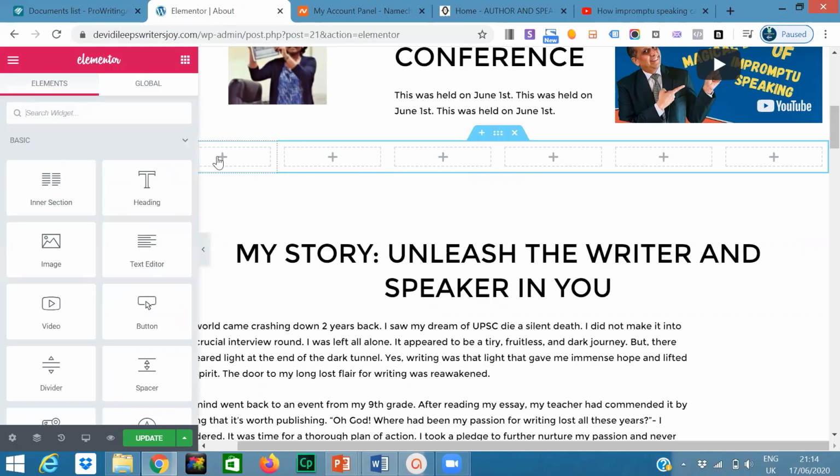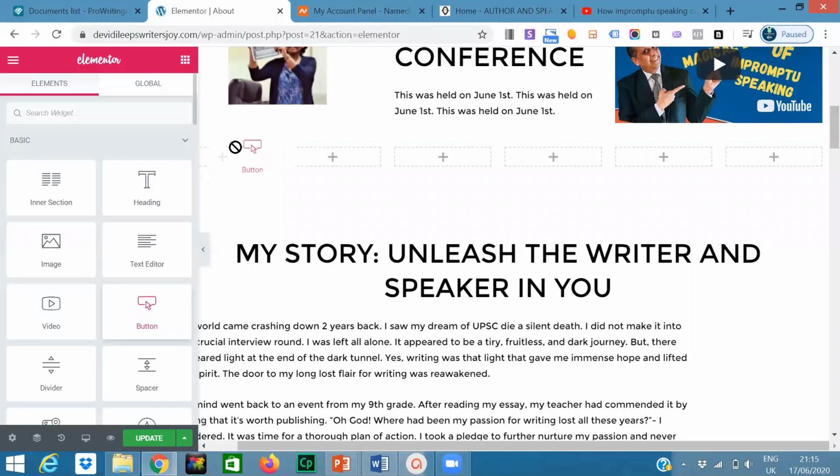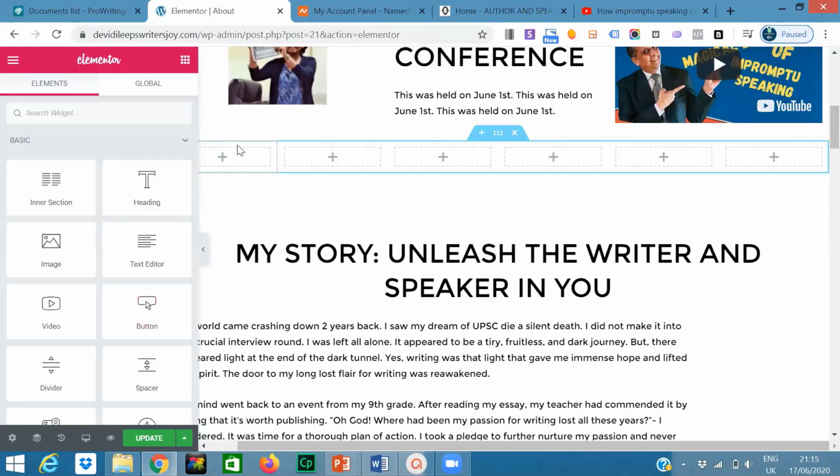Yeah. So when you click on the plus symbol there, automatically on the left hand side, you get all the basic modules which you can take, right? So I'll repeat this again. There is inner section, header, image, text editor, video, buttons. Okay, now let us think that probably she wants to add a button. Let's work on the button now. Can you drag and drop the button? You just need to pick, drag and drop it just inside that.